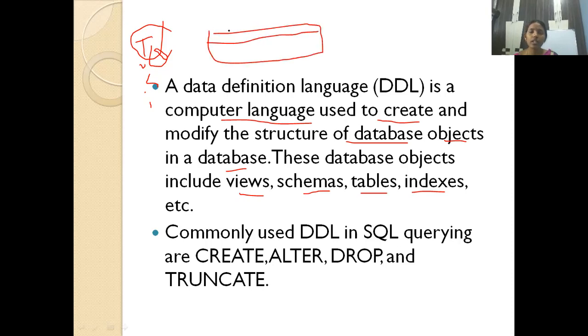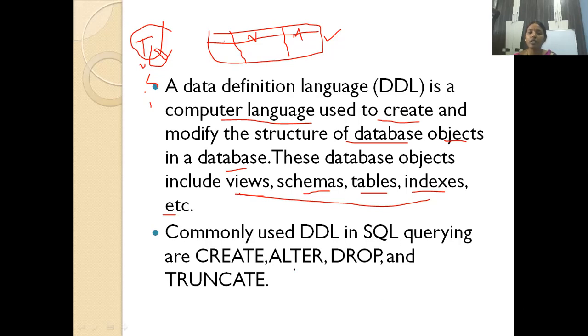This DDL command is used to create the table and also to modify the table, and not only the table, but the remaining database objects also. For example, I want to create this table with student number, student name, student marks. We can do that with the help of the DDL command.